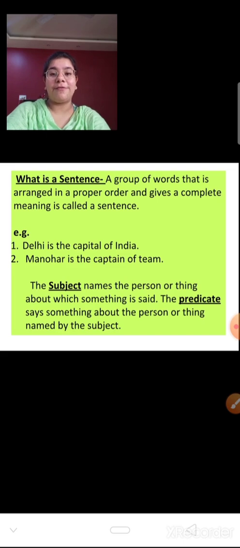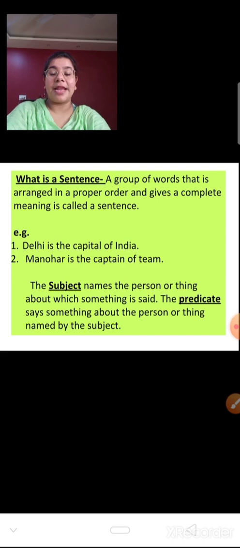For example, if I say I am your teacher, now from this sentence you get to know that I am your teacher. But if I say teacher your am I, do you get to know what I said? Or if I say I your teacher am, did you get to know what I said? No. Why? Because I have not arranged the words in a proper manner. I have not arranged the words in such a way that they give a meaning to you.